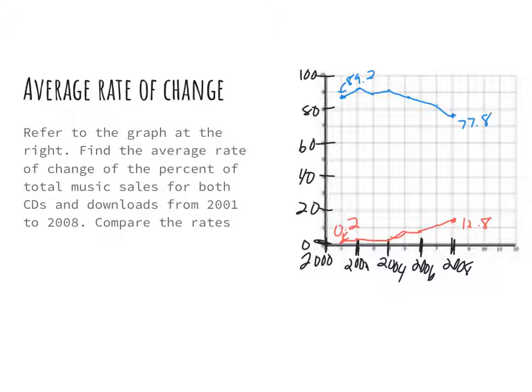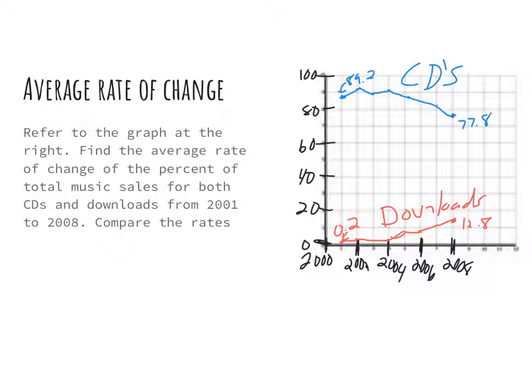Now we're going to talk average rate of change. So average rate of change, it's not going to be a straight line, but we're going to get 2 points that we're going to use to find just on average how much our slope or our rate of change is. So refer to the graph at the right, find the average rate of change of the percent of total music sales for both CDs and downloads. So CDs is up here, downloads